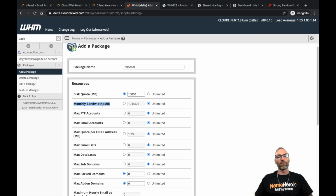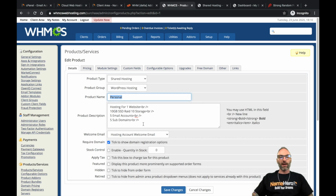most people aren't trying to stream a huge website on shared hosting. Nowadays, they'll use YouTube to stream videos, or Vimeo, or Facebook. So bandwidth isn't really a big upsell anymore, and so most hosts just call it unlimited. Now, if you want to have some limits, you can. We could put like 500 megabytes a month, especially on our personal package. Add that in here. And again, bandwidth is,